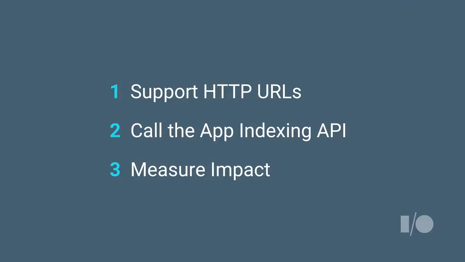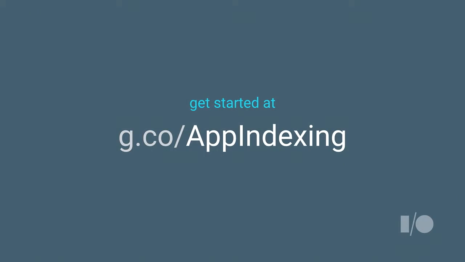And that's basically it. So make sure to support URLs, and many of you already do. Second, call the app indexing API so we can better understand the content and better rank your results. And if you already support URLs in your apps, then this is really the only rule you have to follow in addition, basically. And then third, make sure to log into the Search Console to see if you have any issues and to see the benefits that you're getting and what you might potentially be able to optimize further. You can find all of this and more at g.co/appindexing.